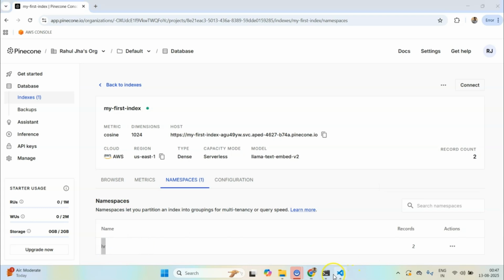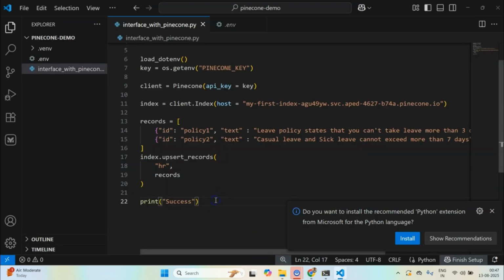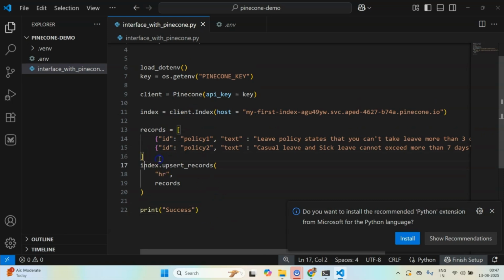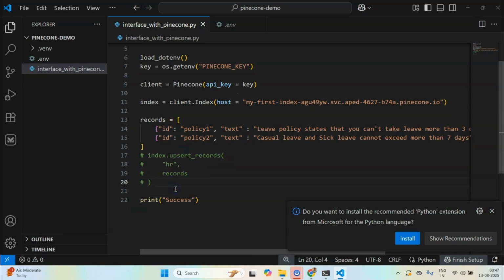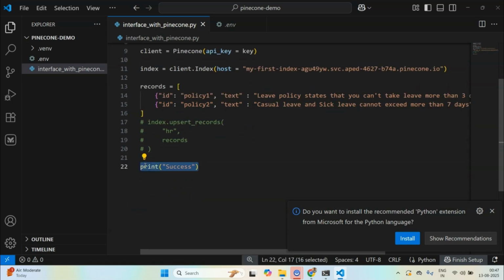if you have an HR namespace and you are making a query, let me show you how a query looks. I'll comment this out now, because we can't upsert these again and again. To make the query, I'll call index.search, and within this I need to provide an argument called namespace, and I'll provide HR.